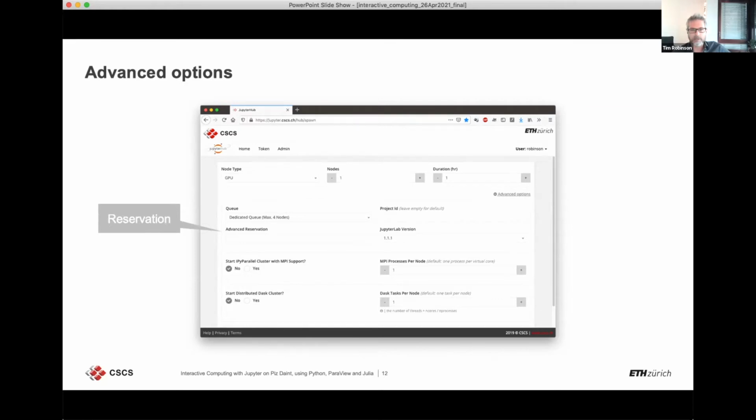And then you can select the JupyterLab version. So we usually have 1 or 2 different versions of JupyterLab available. At the moment, the default is 1.2.16. We do have a JupyterLab 2 available that you can try out, and we'll soon have JupyterLab 3, which is the most recent